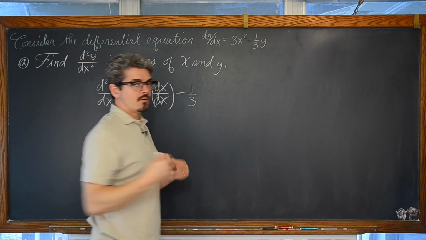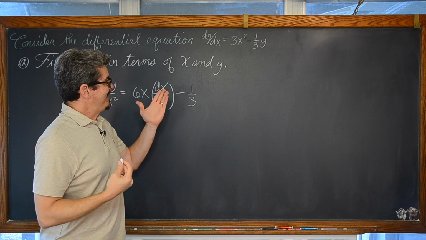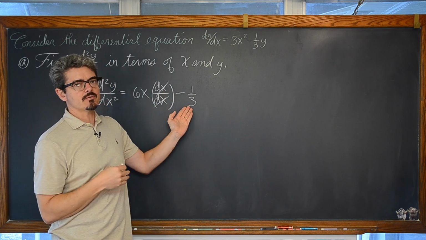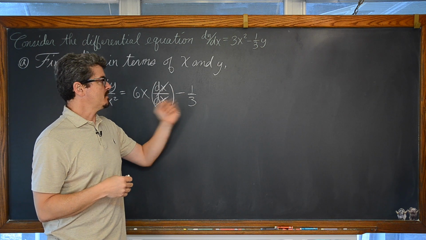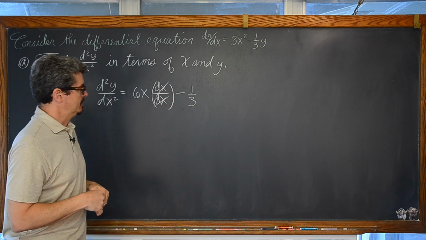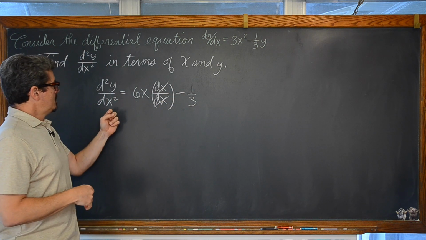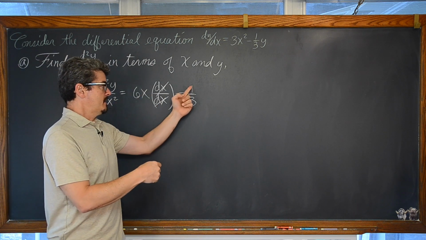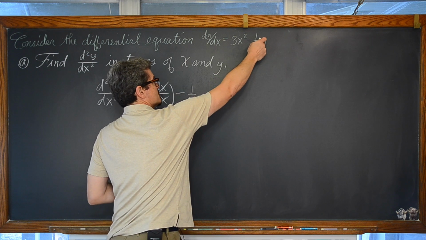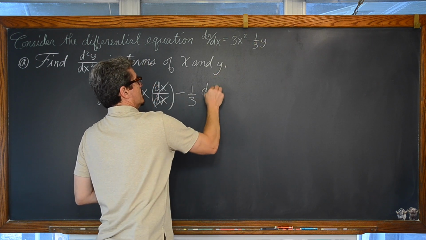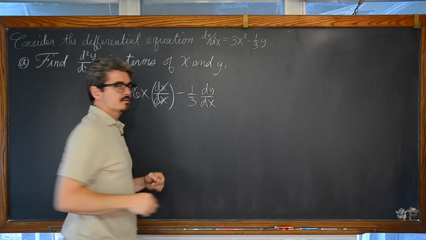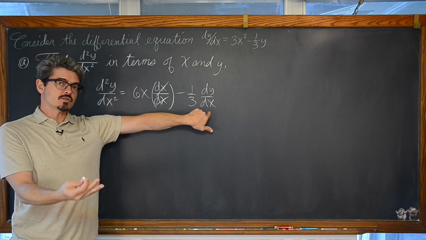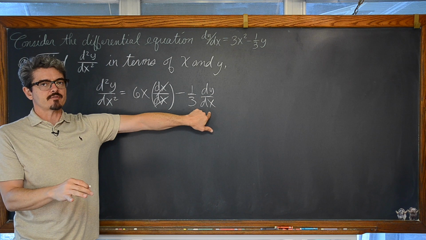y to the 0 power is just 1. And don't fall for that first point of a common error that students make with these problems. Don't leave it just negative 1/3 as your last term. We're taking, again, a derivative with respect to x. So it's going to be negative 1/3, finish the chain rule, dy/dx. And here we have a second derivative with a first derivative notation in it. We never want that as a final answer.